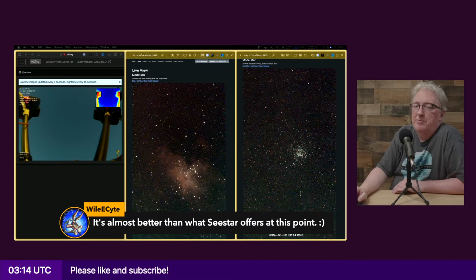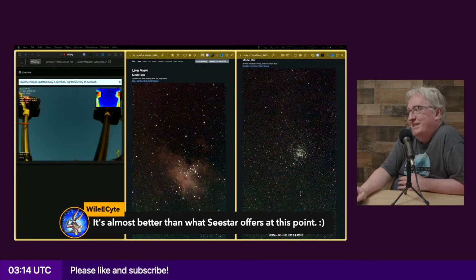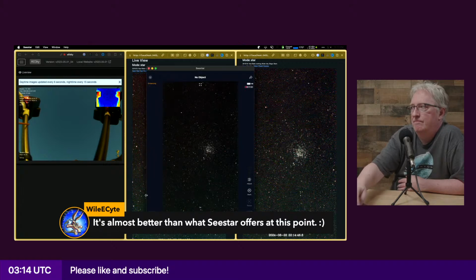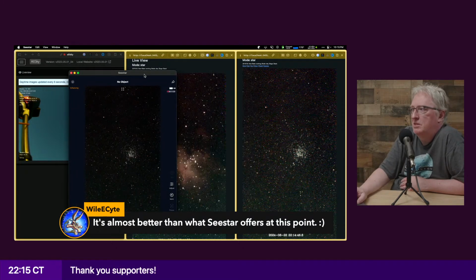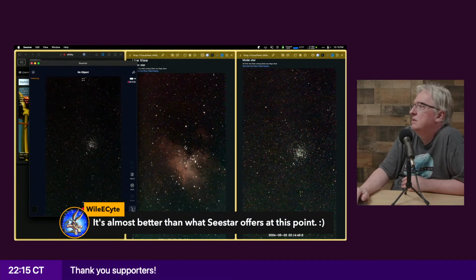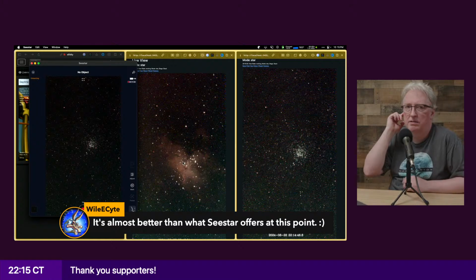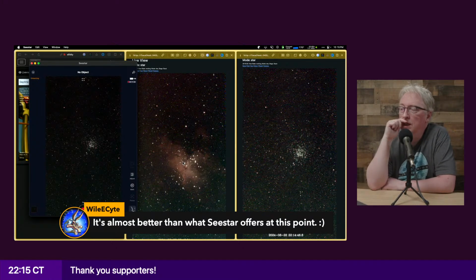I mean, almost better. It supports multiple telescopes. It does mosaics. I would argue it has a much better stretch. I mean, it wasn't because of clever coding on my part. I just lifted it from Graxpert, but it shows a lot more detail, a lot more detail than you would see out of the app.